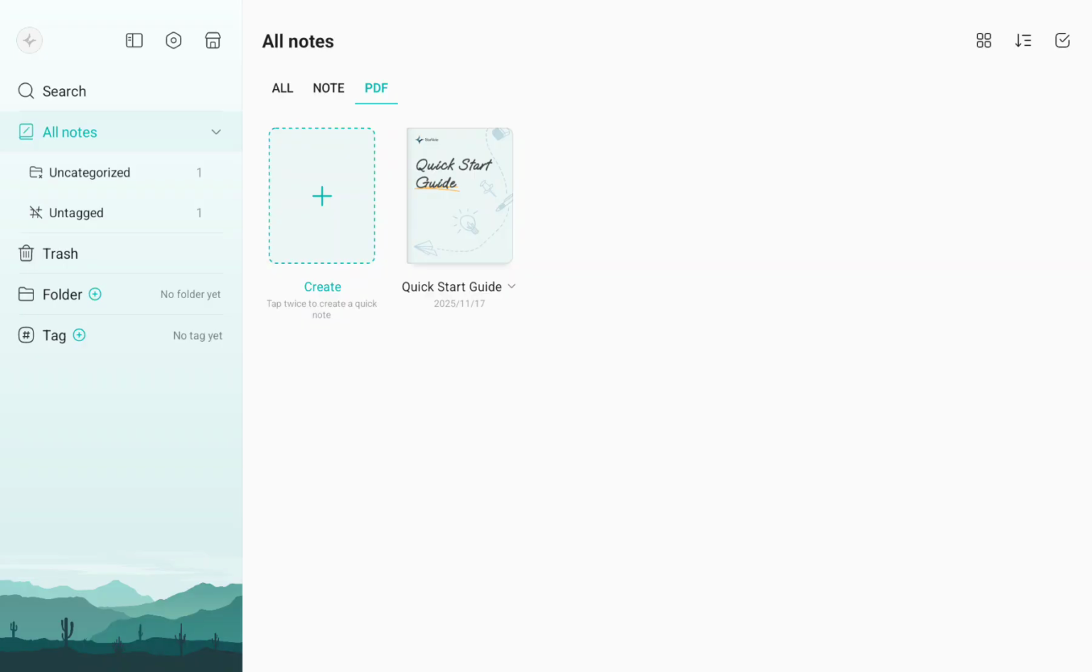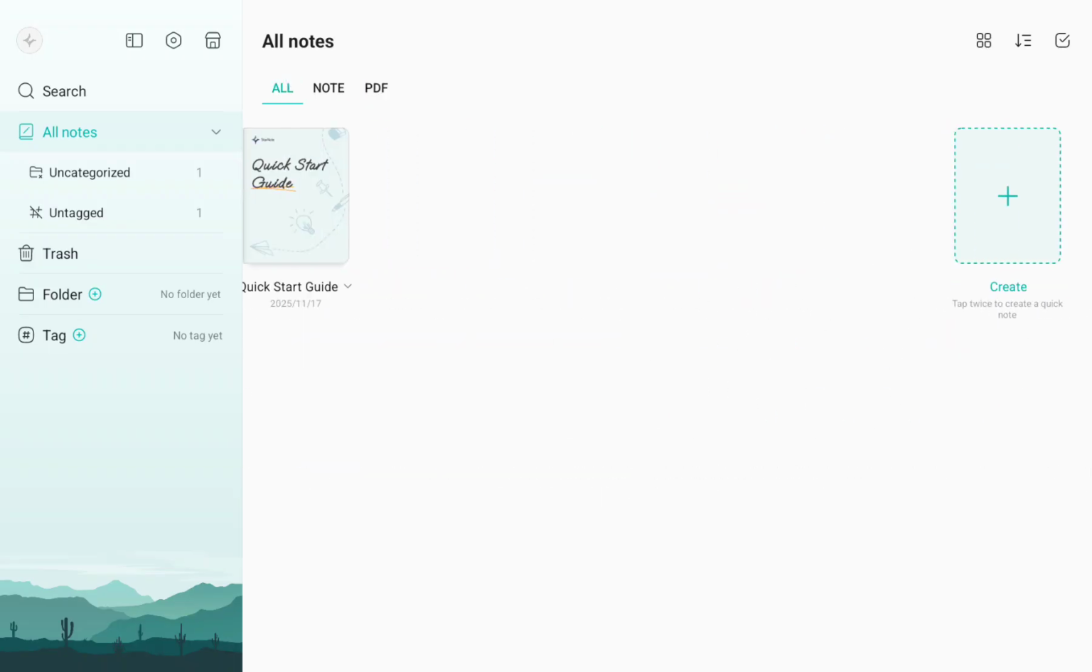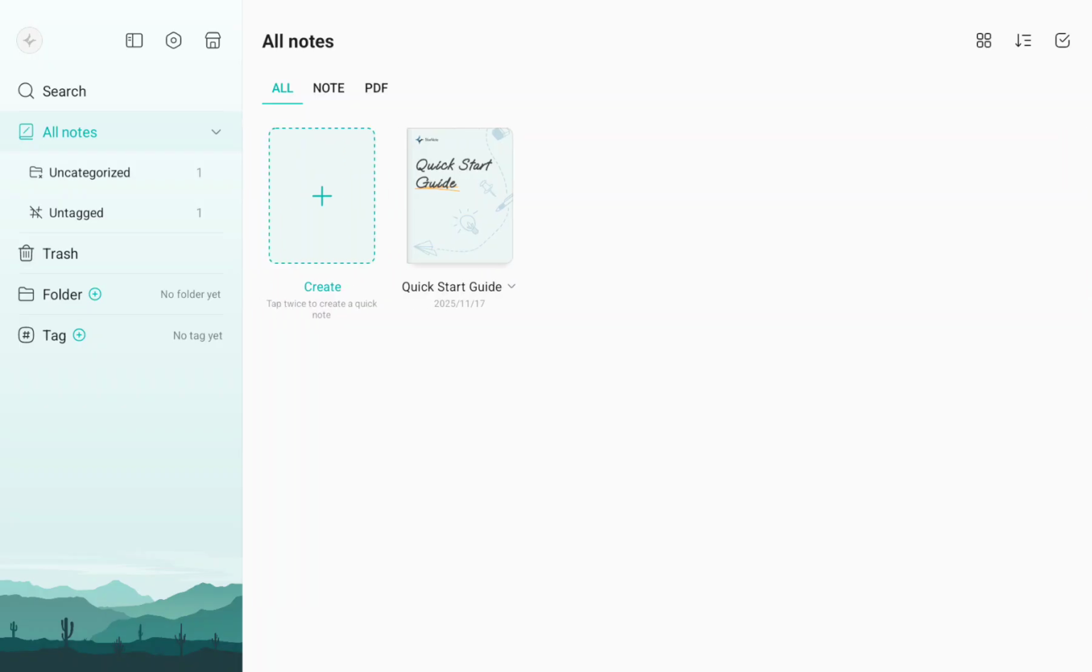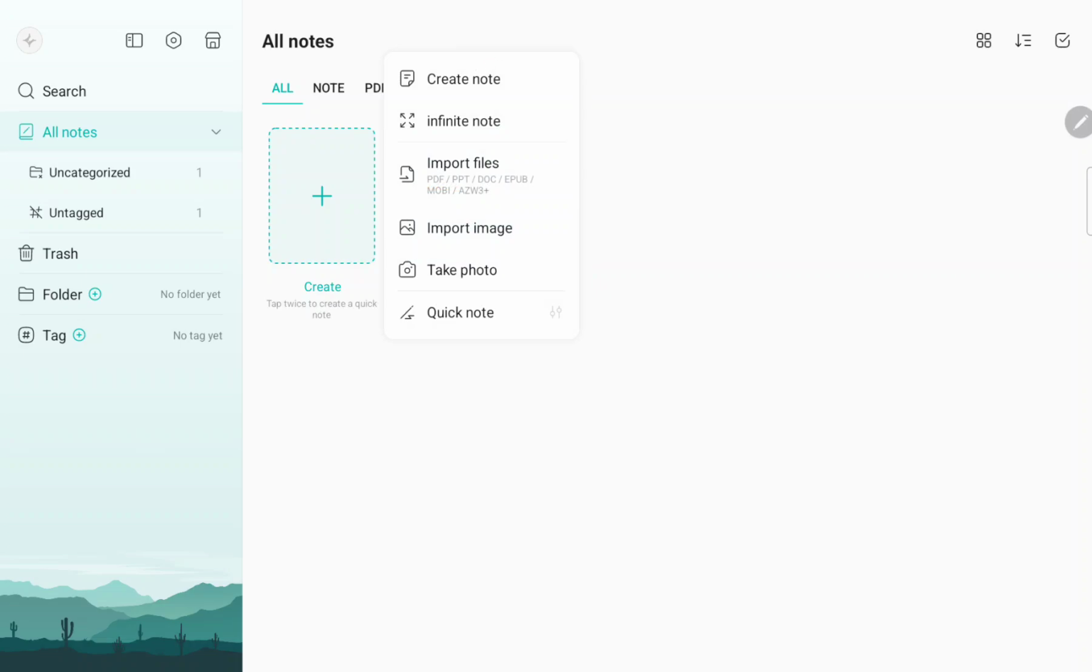First of all, open the application on your device. So that's the home screen, and you can find the different options. New, if you want to create a new note, click the create button, and here select the create new note